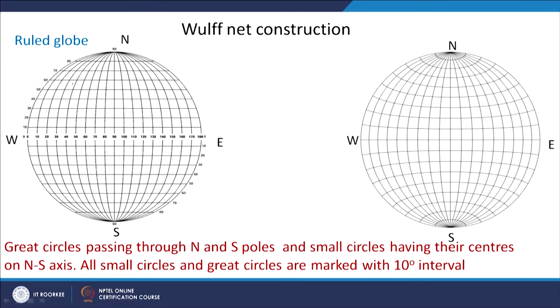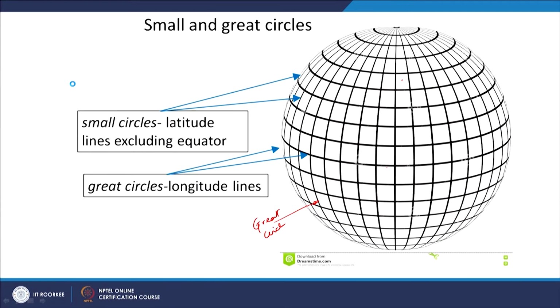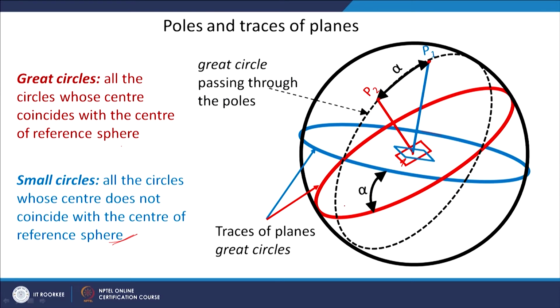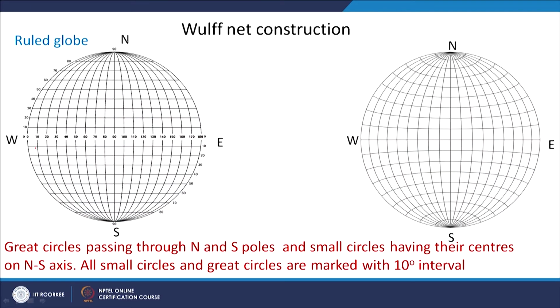Very similar to what you see in the atlas. All these traces which we have plotted can also be projected on the equatorial plane. If you do that, they will form these kinds of great circles, so that you can do a graduation here. You can do a marking, and that is how you get a construction which we call the Wulff net. This Wulff net we are going to use for doing all our calculations for the stereographic projection.